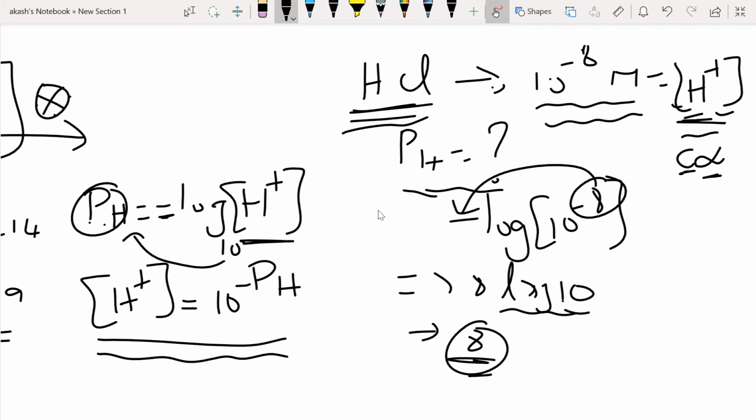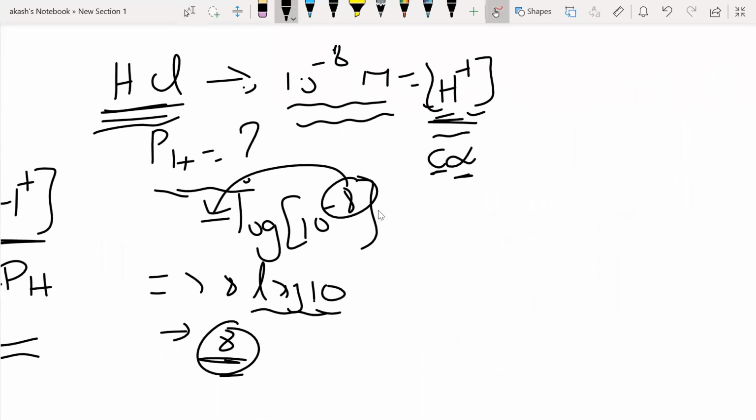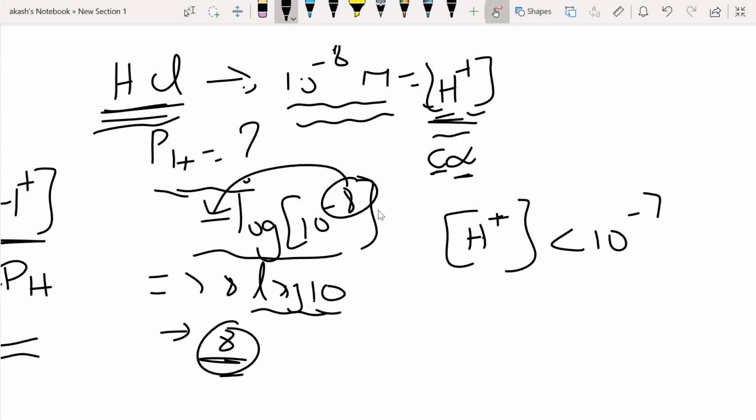So guys, whenever you see that the H plus concentration is lesser than 10 to the power minus 7, in this case it's 10 to the power minus 8, let me tell you something. Whenever you see H plus concentration to be less than 10 to the power minus 7, you cannot directly use the formula. Yeah, you are going to use the formula, but the thing is, this H plus is coming